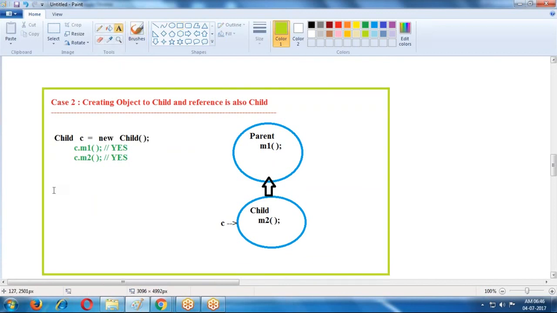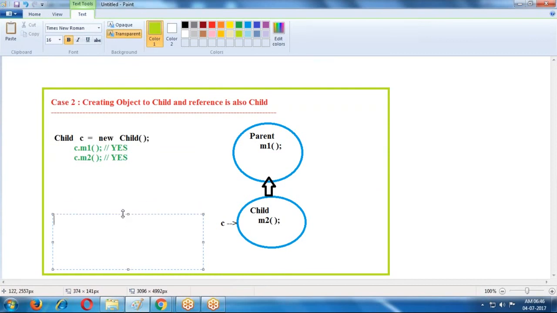So here, what is the note? Now, if we create an object to the child, first the system will create the parent object, then it creates the child object.